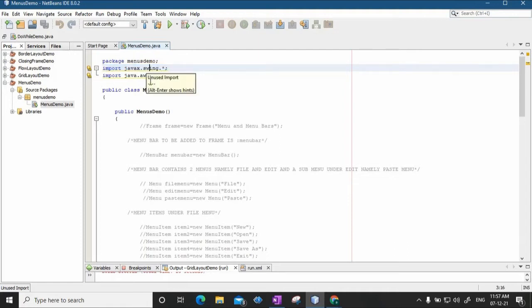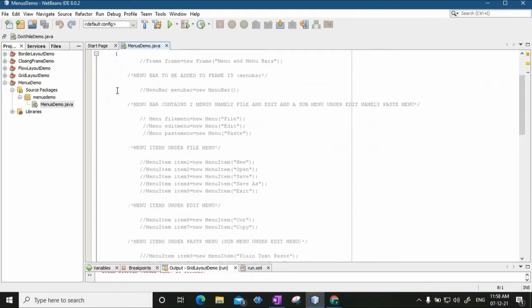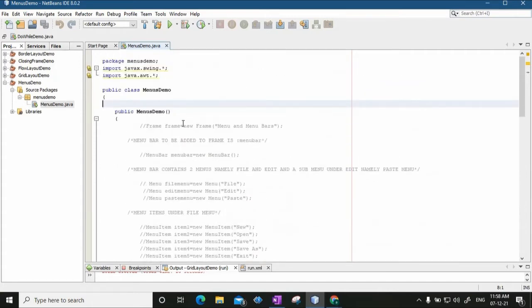Menu bar, menu, menu item are classes which are part and parcel of the AWT package. That's why I am also importing java.awt.*. So this is my class called menu demo. Now in the constructor of this menu demo, I am going to write everything related to adding menu on the frame.